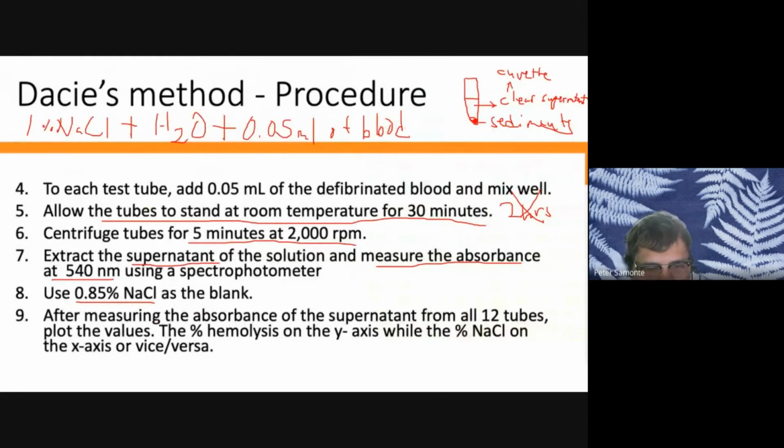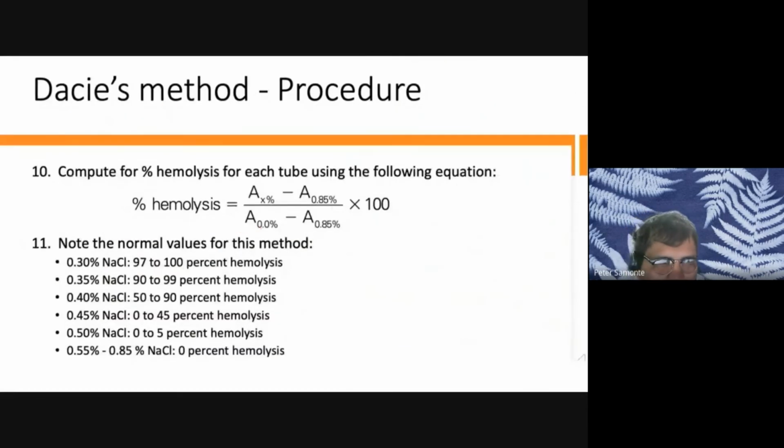Then after that, class, you're going to measure the absorbance and you're going to compute. We will compute what we call percent hemolysis. Okay. Your percent hemolysis, class,